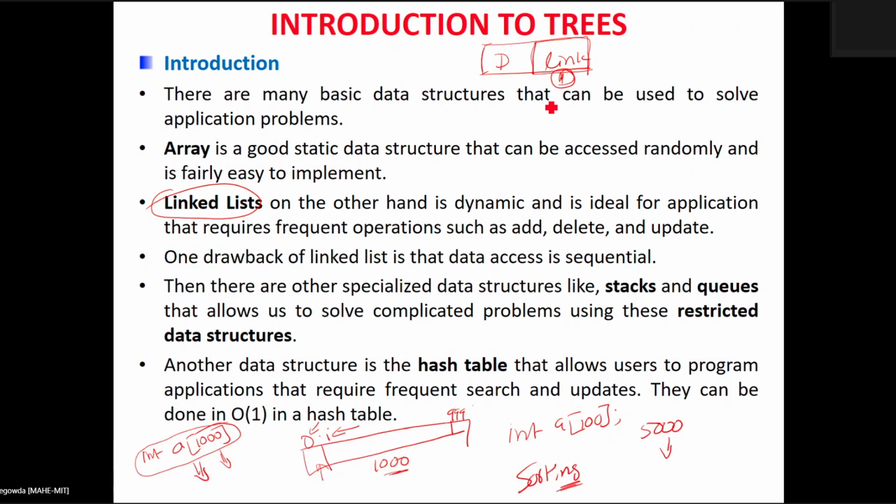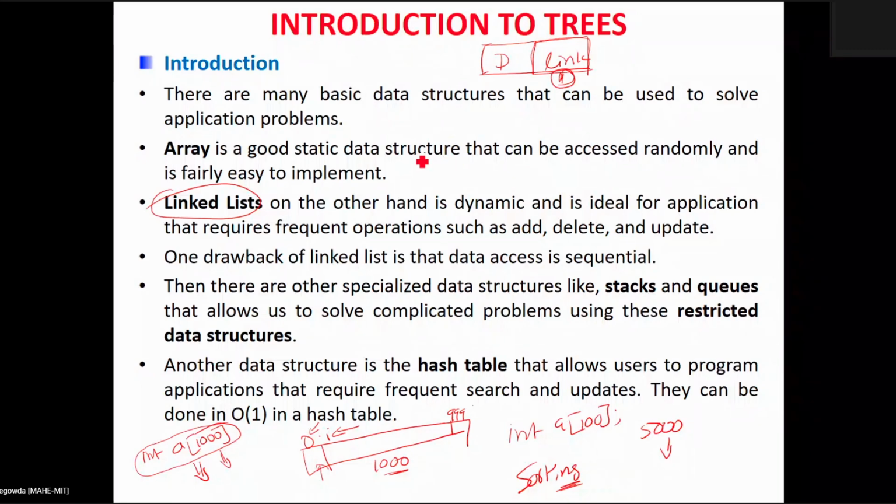The second disadvantage is that in a linked list, elements cannot be accessed at random. If you want to access any of the elements which is a part of the existing linked list, you need to traverse sequentially. That is one of the disadvantages, since it is a time consuming process.